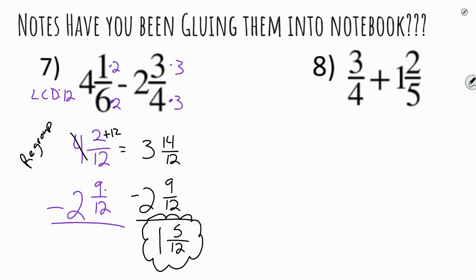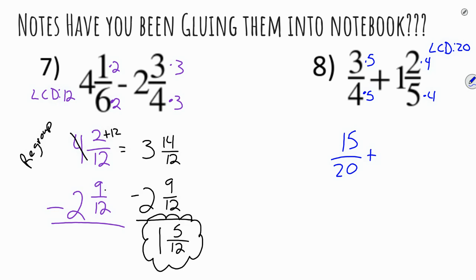All right, if you're feeling confident, go ahead and pause and try doing number 8 on your own. Always good to see how well you can do. All right, you should have gotten a least common denominator of 20. And then multiply by 5 for the first one, and multiply by 4 for your second one. So we really have